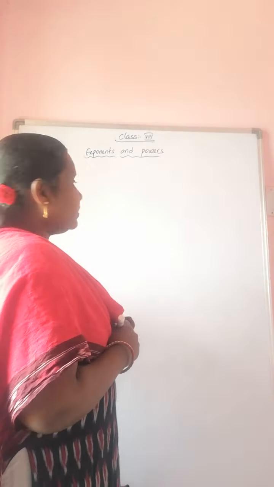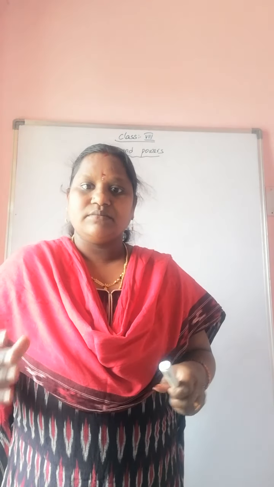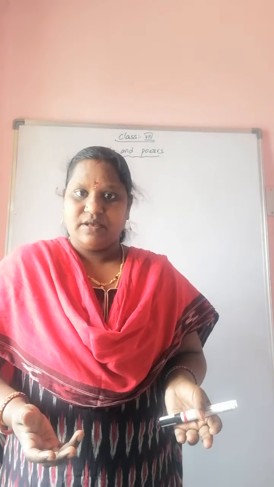First we have to know why we are using these exponents and powers: in order to write larger numbers in a smaller form. For example, 10 lakhs. 10 lakhs means how many zeros we have to write? 6 zeros. Instead of writing a bigger number like that, and getting confused sometimes, we use exponents and powers to make it smaller. Not only this one. For example, what is the distance between Earth and the Sun? How big will the number be? Those numbers we write in standard form.